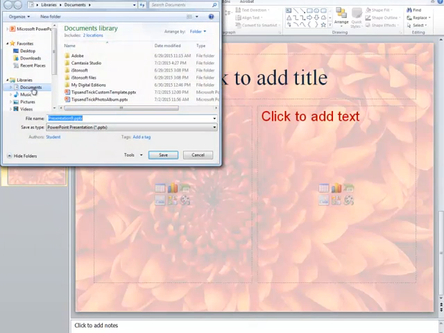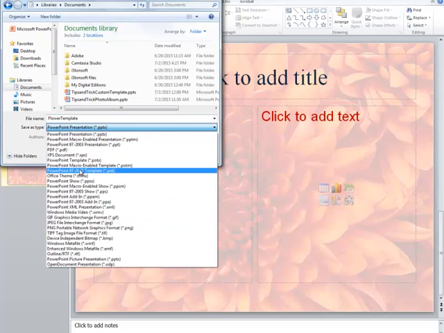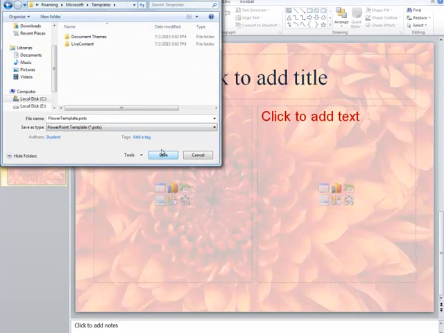I'm going to save mine in my Documents as Flower Template. I change my Save As type to PowerPoint Template, and it will automatically go to Roaming Microsoft Templates, which is very nice and easy to find later. I click Save,